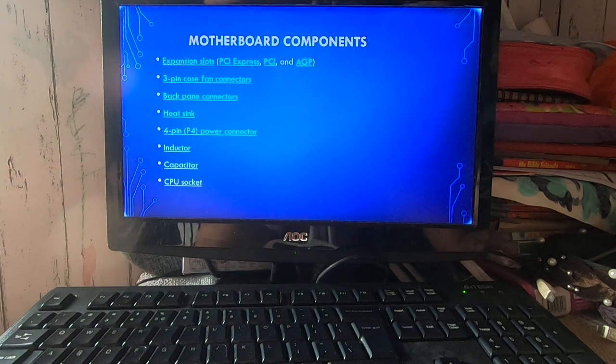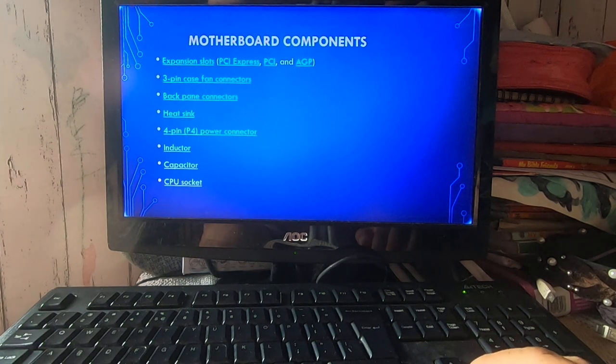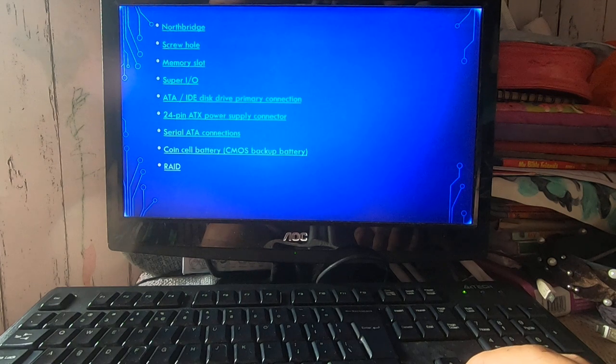The motherboard components. Meron po siyang components yung motherboards. These are expansion slots, PCI Express or PCI, and AGP, 3-pin case fan connectors, back pin connectors, heatsink, 4-pin P4 power connector, inductor, capacitor, CPU socket, north bridge, screw hole, memory slots, super I/O,